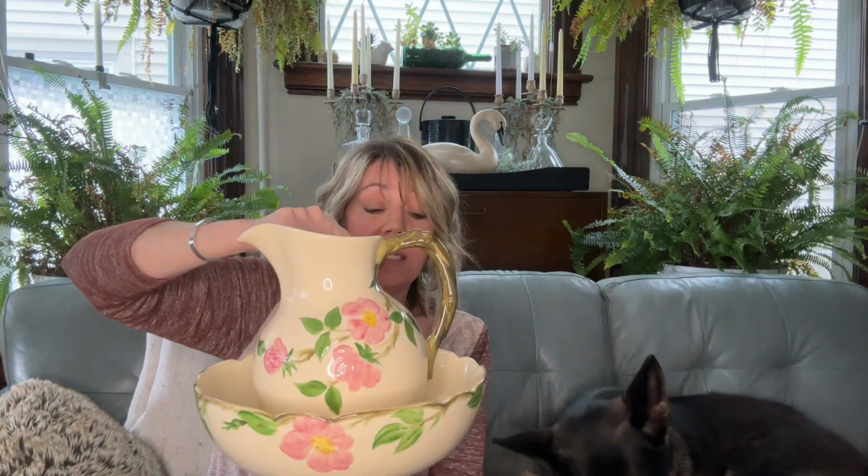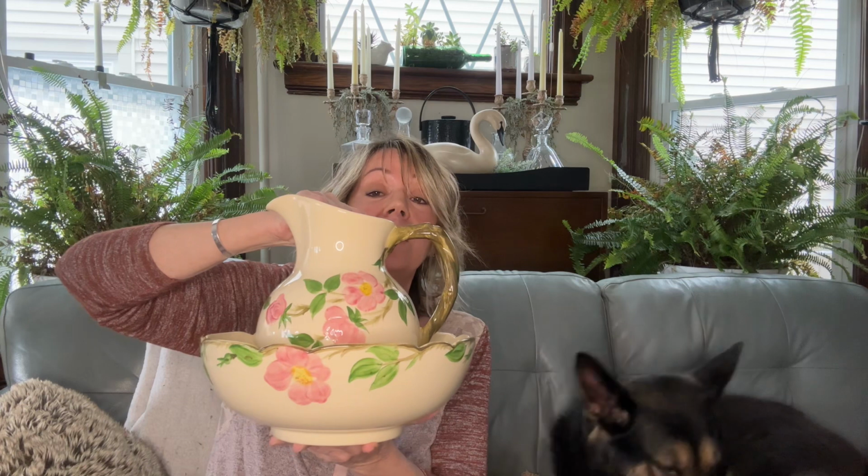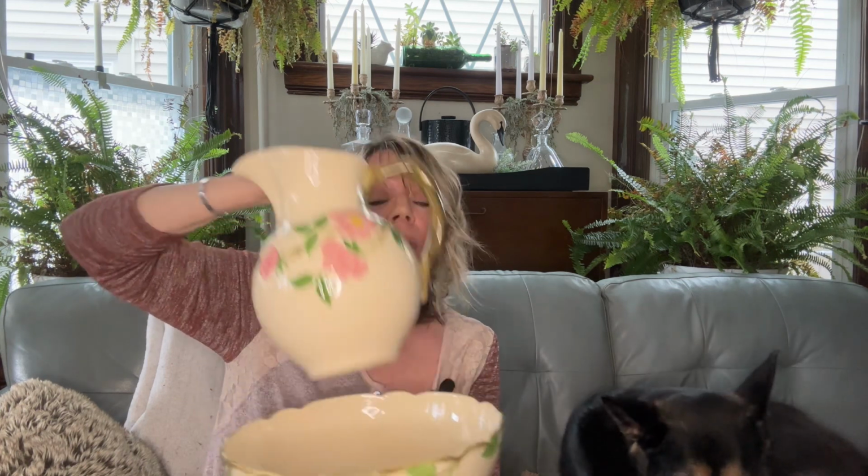There's more. I also got this. Now, this looks beautiful with this as a basin, and you certainly could buy it this way, but I think I'm going to list these separately. I'm saying price these separately. From what I could tell, this piece, which is 10 inches, is a salad bowl, but it looks beautiful as